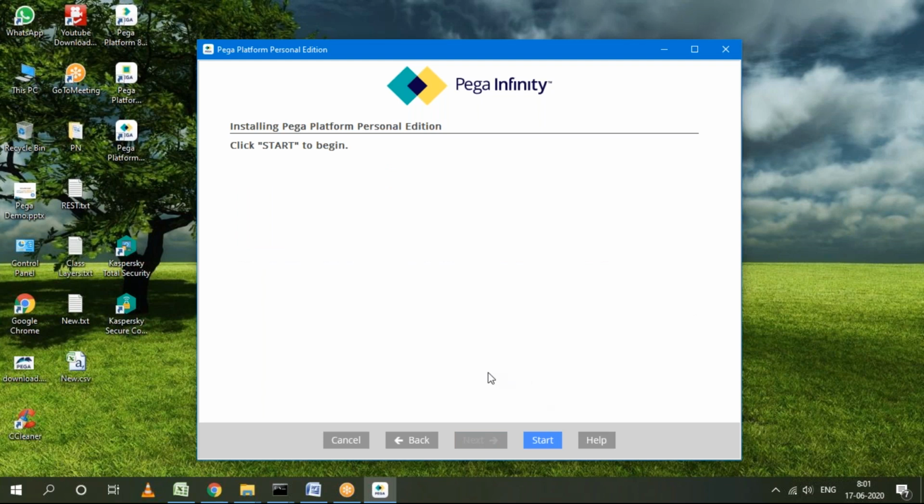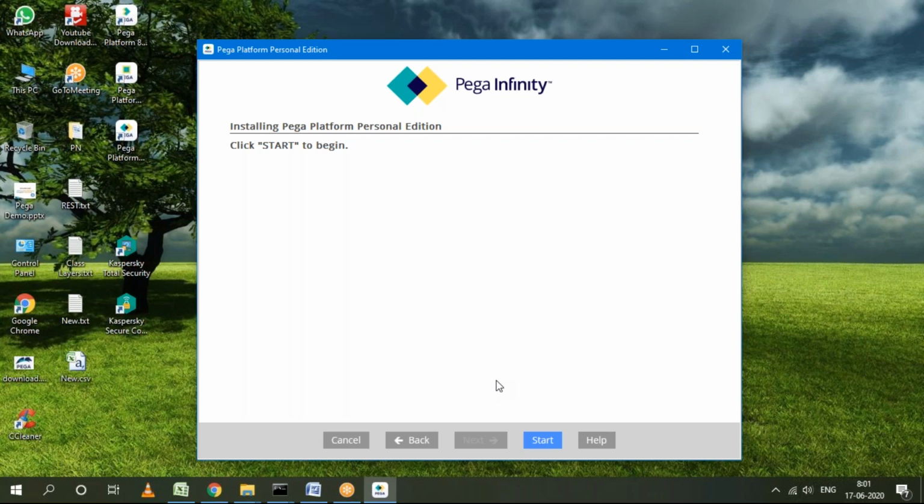In my system I'm not starting because the setup is already there in my PC. When you click on the start button, it will take some 40 minutes to 1 hour. That depends on the system, and the time can vary, but mostly 36 minutes to 1 hour. Within that time, no need to do anything or click on anything. Just click on the start button and wait, like charging a phone, and leave it.